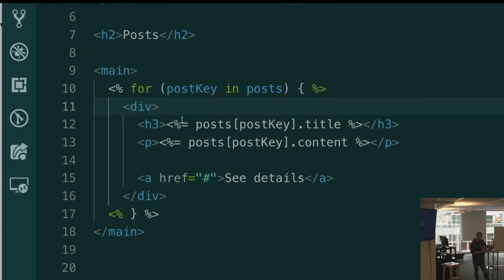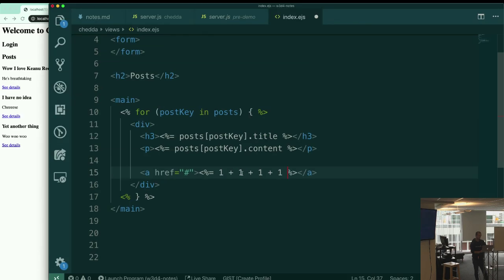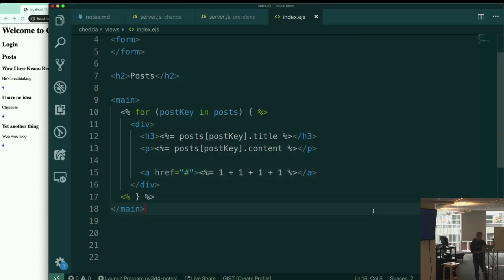Right? I can embed EJS literally anywhere I want in this page, anywhere. I could go in here on this "see details" and embed some JavaScript to say 1 + 1 + 1 + 1. What am I going to see on the other side when I save and refresh? I'm going to see 4 instead of "see details". Right? So I can do those,